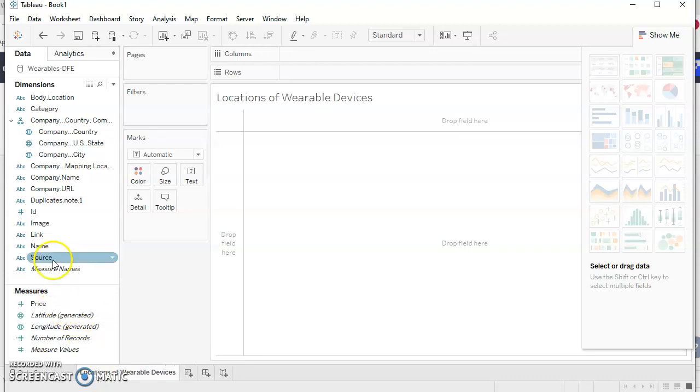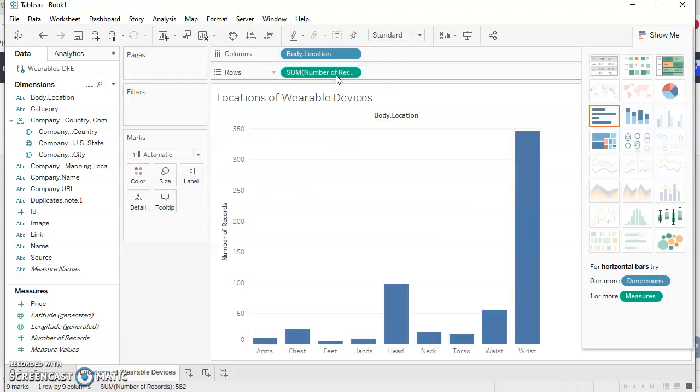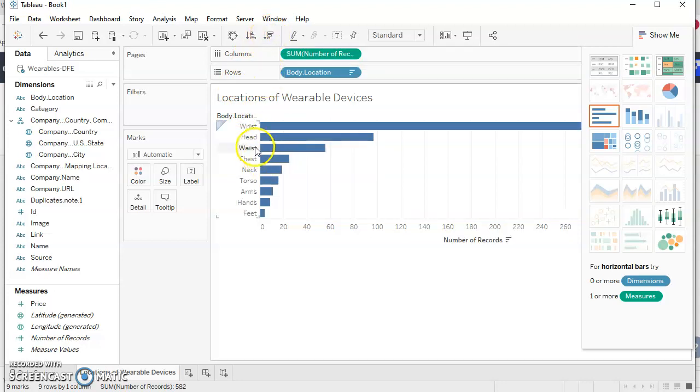Okay, so in the dimensions, we're gonna bring the body locations to columns, and then in the measures, we're gonna bring the number of records to the rows. So here's our graph. So we're gonna swap it so that it looks like the original. And here it looks like it, except we're gonna do descending order so that the wrist is on the top